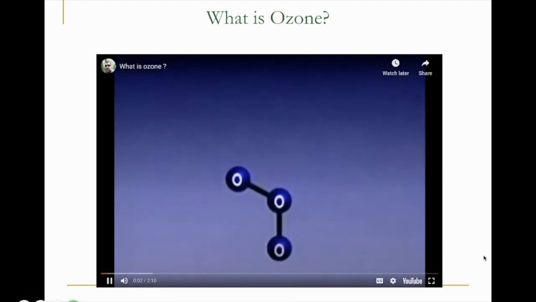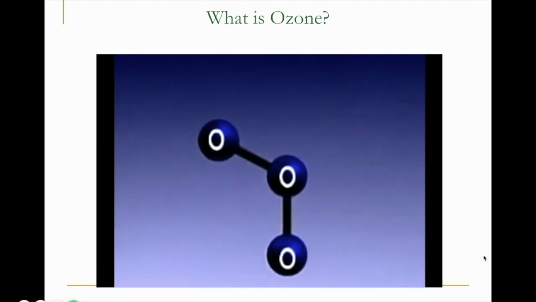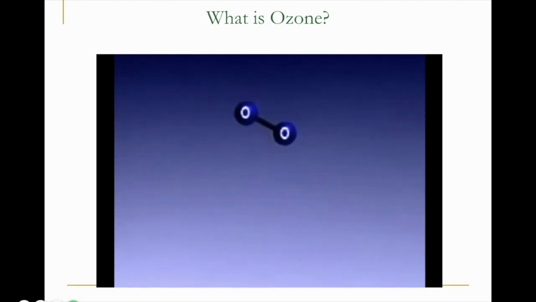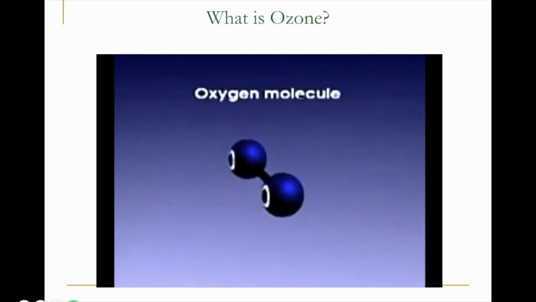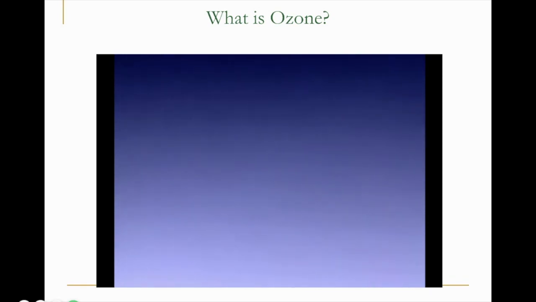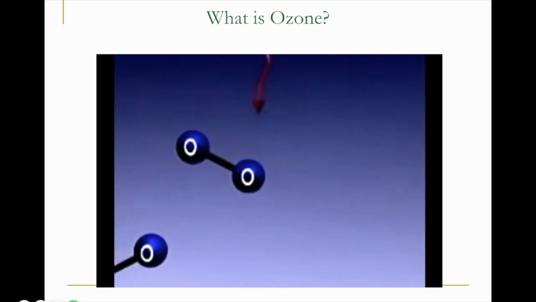Ozone is a form of oxygen. An ozone molecule consists of 3 oxygen atoms. An ordinary oxygen gas molecule has 2 oxygen atoms. Most ozone is found in the upper atmosphere, where it is produced in small amounts, when the sun's high-energy rays